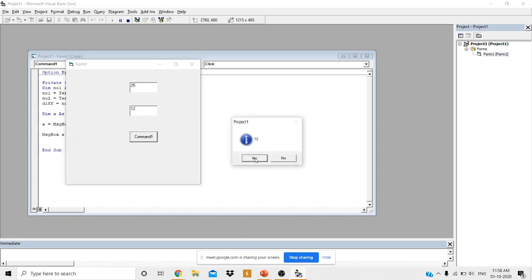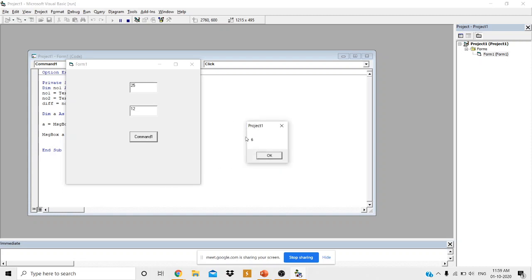Now see here, I have two buttons, yes and no. If you click on the yes button, its value will be one integer value, and the other button's value will be some other integer value. Just observe here, the next message box is going to display the value of whichever button I have clicked. Okay, I will click the yes button now.